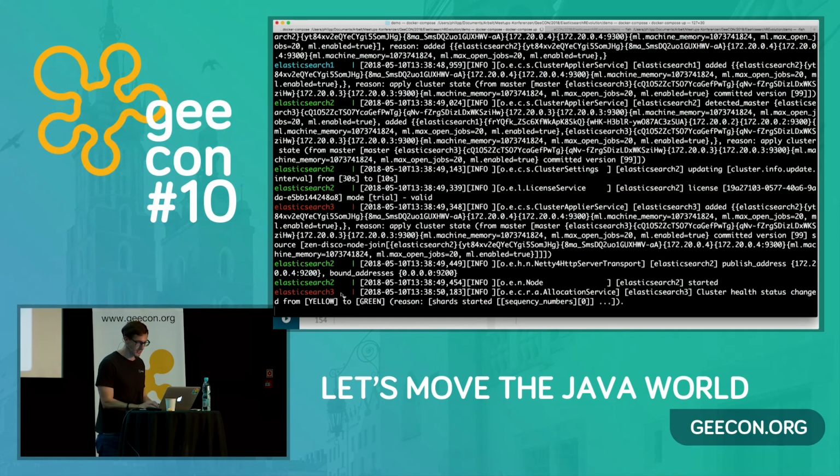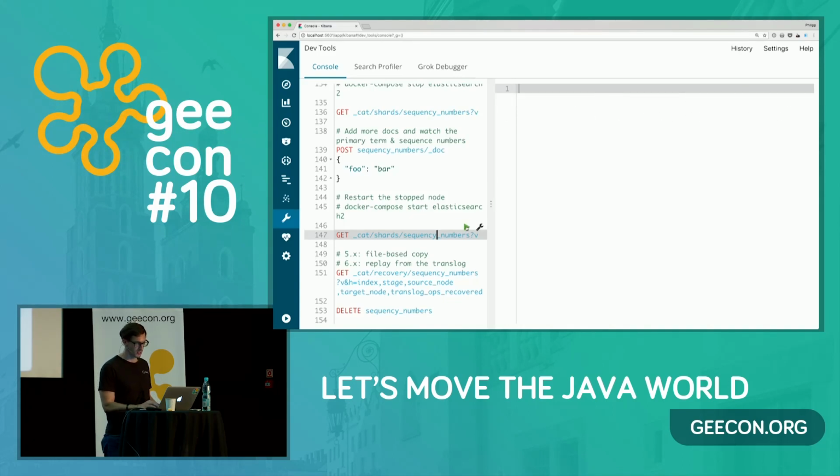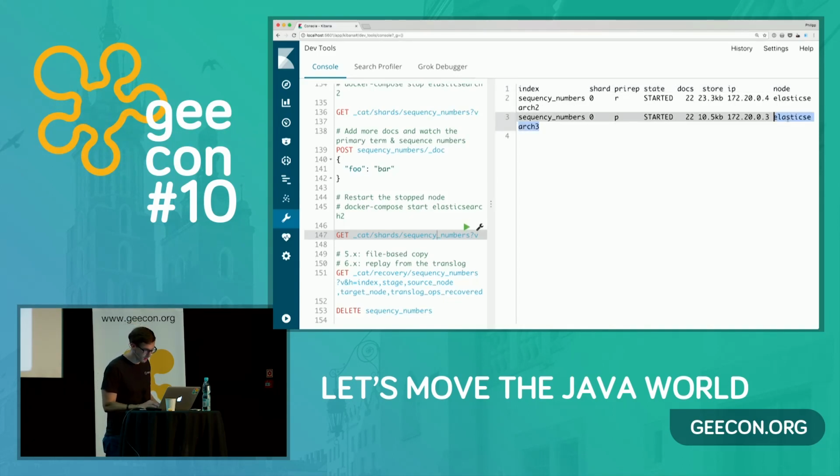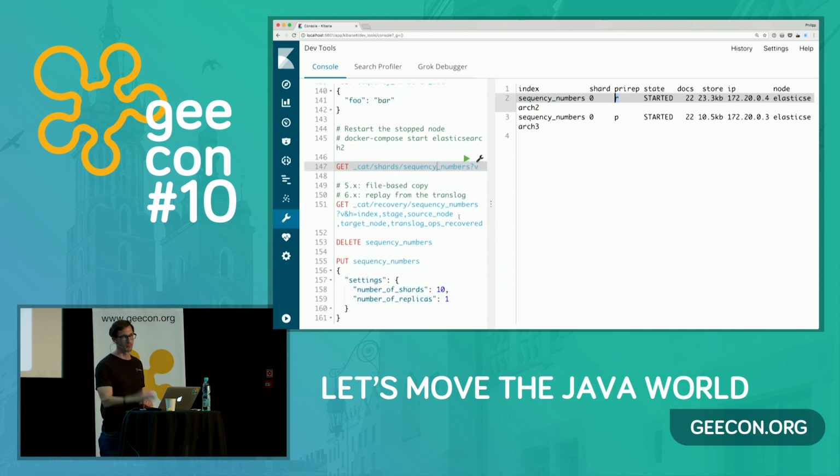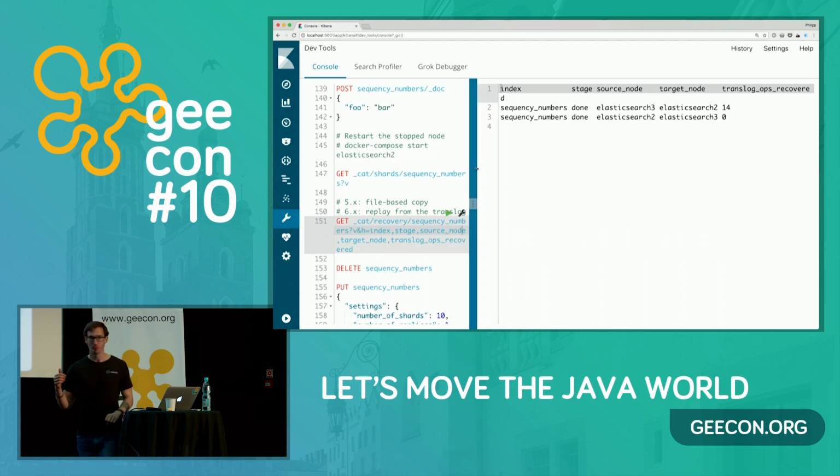So now you can see Elasticsearch 2, the 2 node, here's the Elasticsearch 2 node, that is the replica now. That is what we wanted. And now there is one very nice attribute of this entire thing, not only for correctness, but also for the speed of recovery. So with this command here, I can actually check where the operations came from,